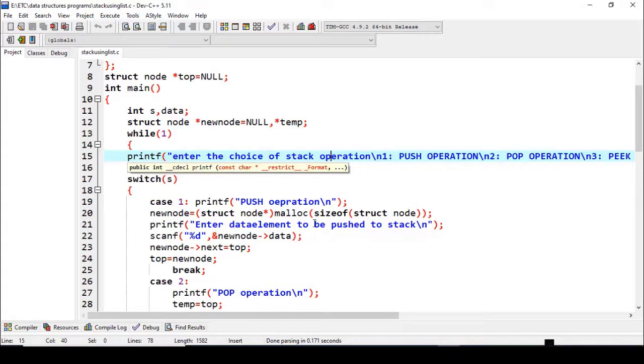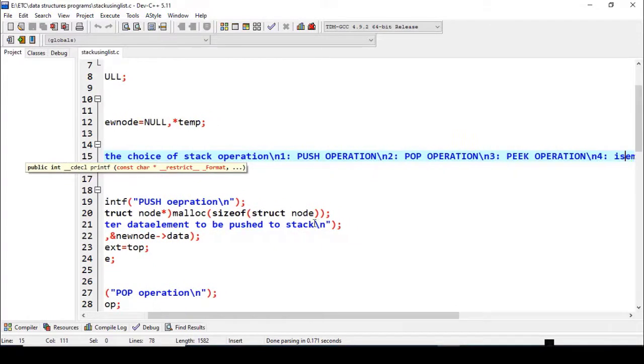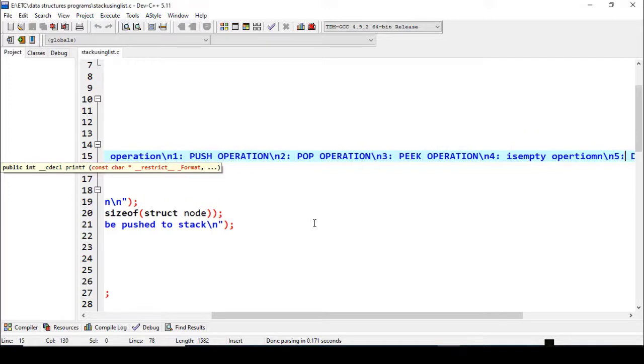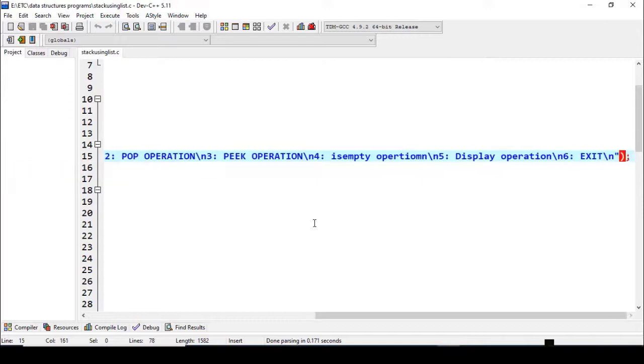You can see the first case is for push operation, the second case for pop operation, the third case for peek operation, the fourth is checking whether it is empty, the fifth is to display the complete stack data, and the sixth one is to exit the program. As you can see, there is no is-full operation.